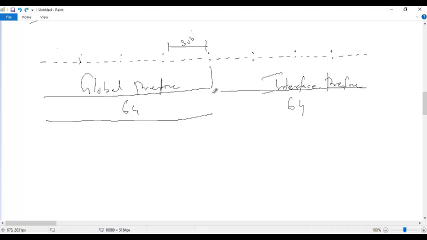Now I'm going to write an address, which is an example for IPv6. You see this address, 2000, valid address.